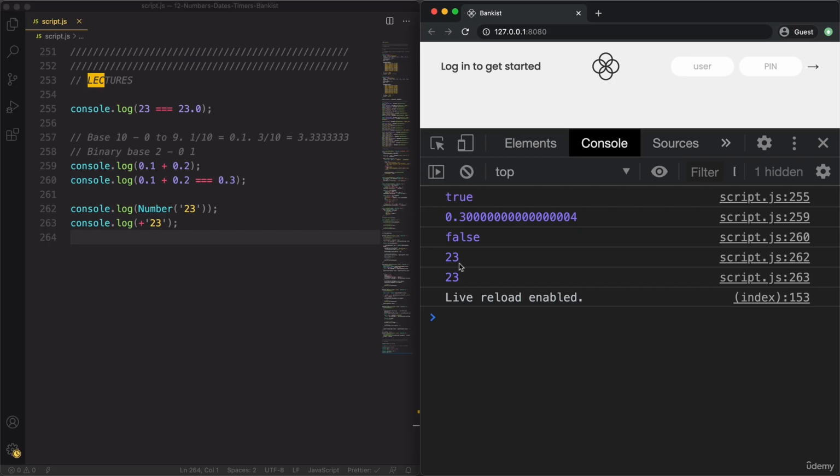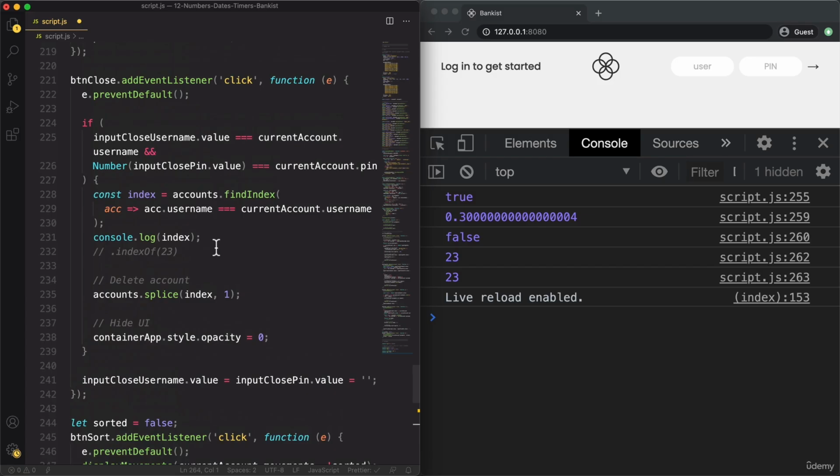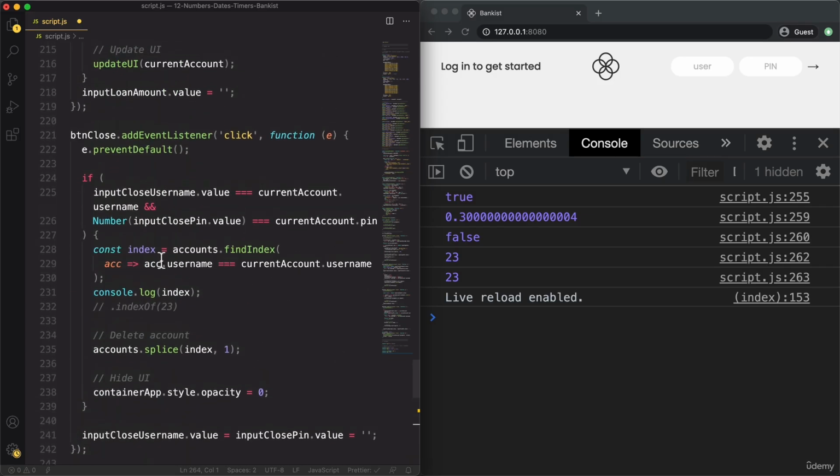So in this purple color, which are numbers. So this here makes our code look a lot cleaner in my opinion. And so let's now actually go to our project and replace all the occurrences of number simply with the plus sign. So here,